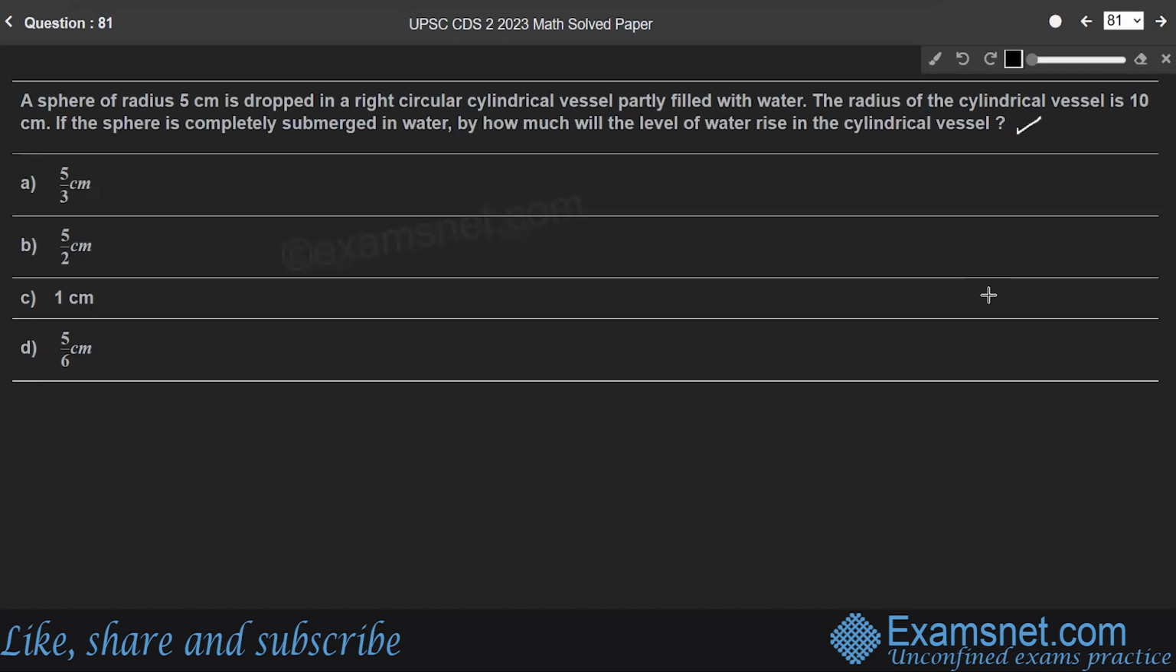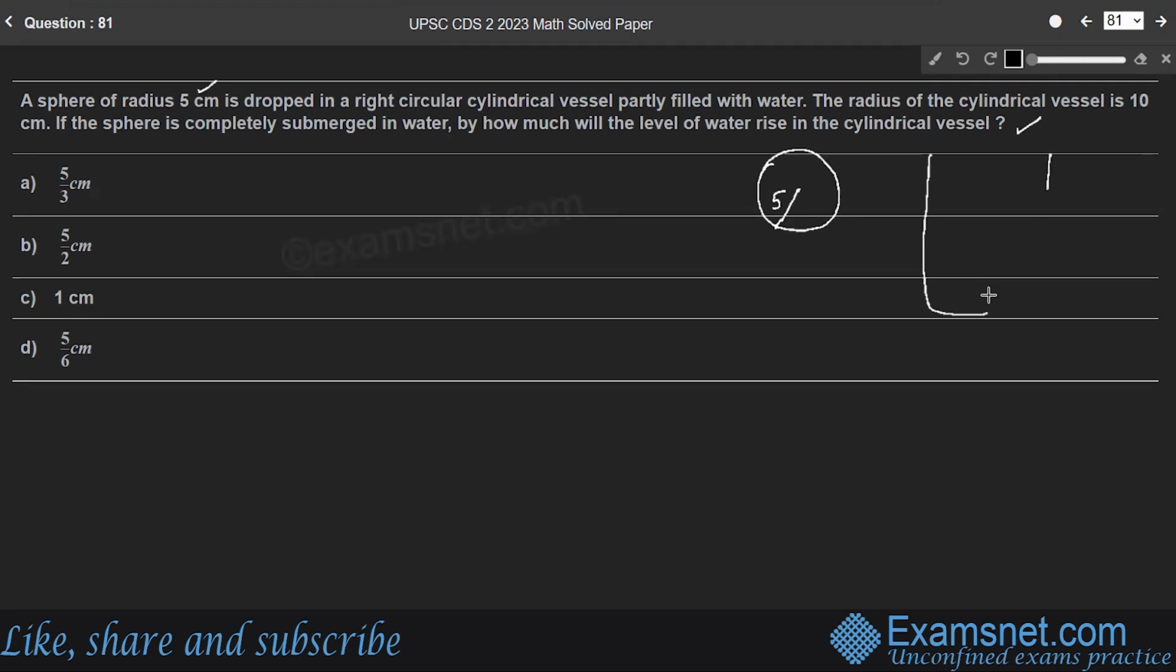Question 81. A sphere of radius 5 cm is dropped in a right circular cylindrical vessel partly filled with water. The radius of the cylindrical vessel is 10 cm. If the sphere is completely submerged in water, by how much will the level of water rise in the cylindrical vessel? So let us consider a sphere of radius 5 cm, right? 5 cm is the radius of the sphere. When it is submerged,